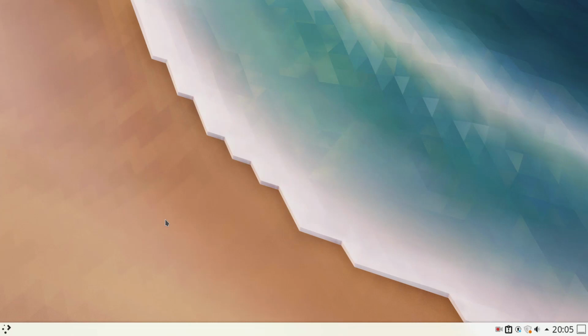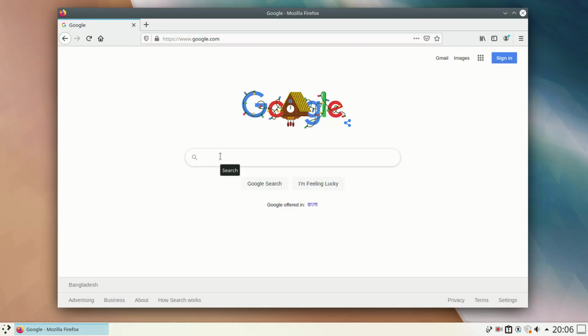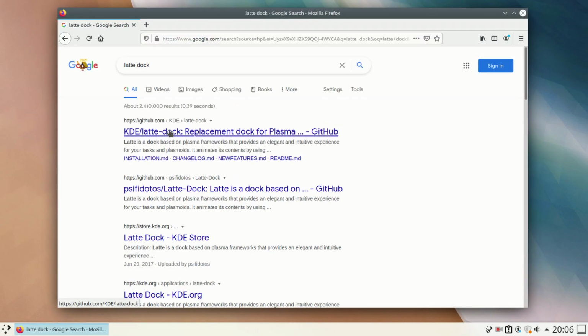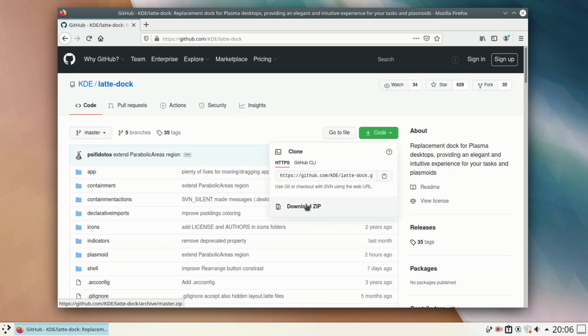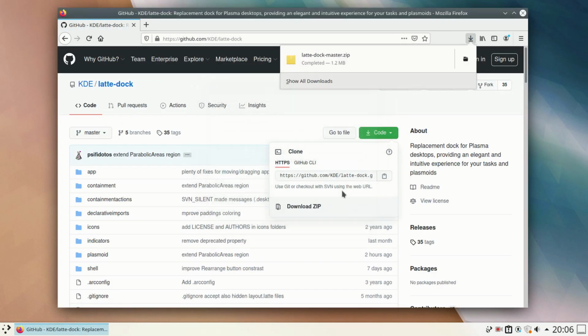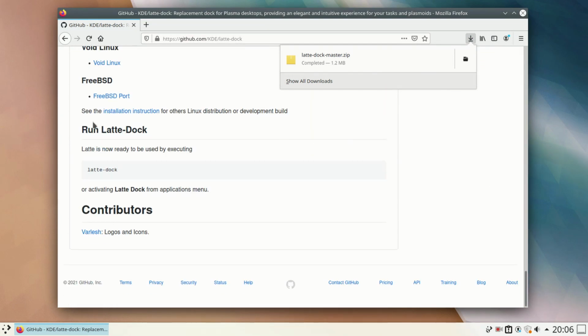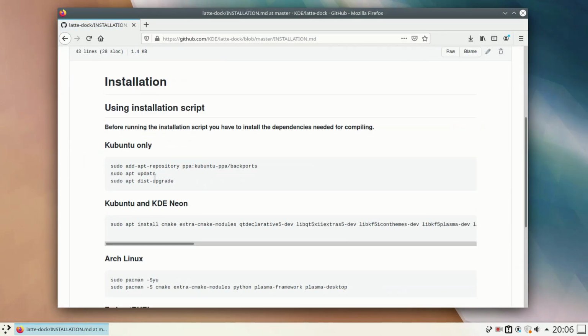So the first thing that I'm going to do is install a floating dock, which is going to be called latte dock. So for that, let's go to the browser, and here I'm going to search for latte dock. Go to this GitHub page and download the zip file, save file. And once I've downloaded that, I'm gonna scroll down and go to installation instructions, and here I'm gonna copy these